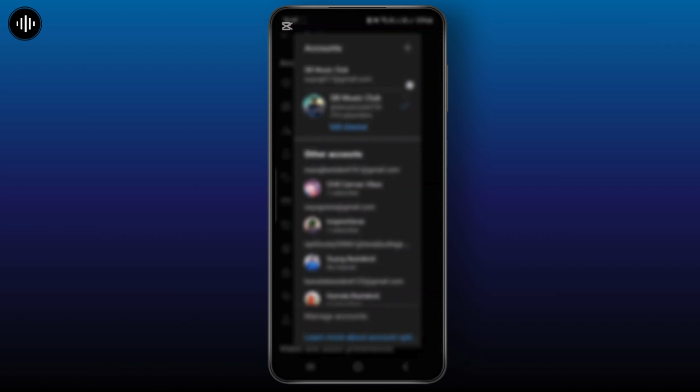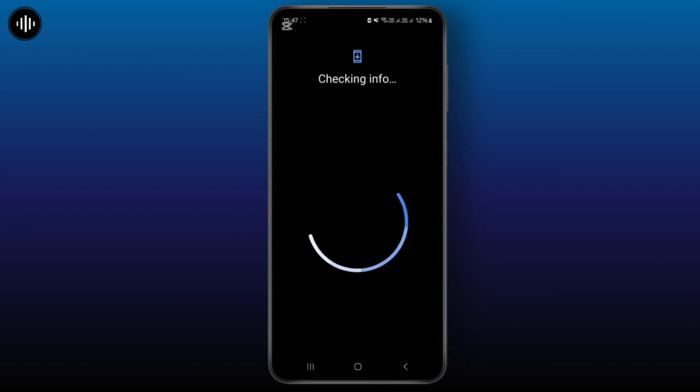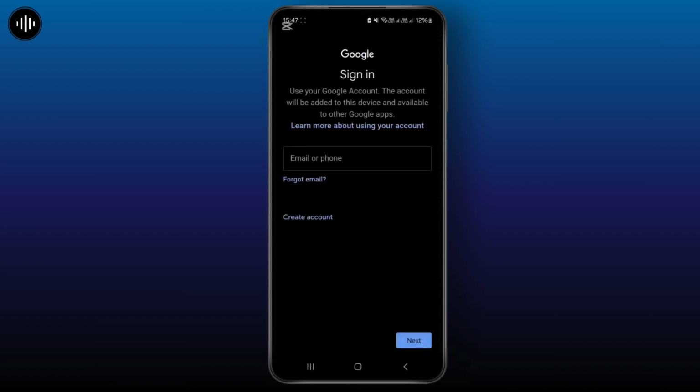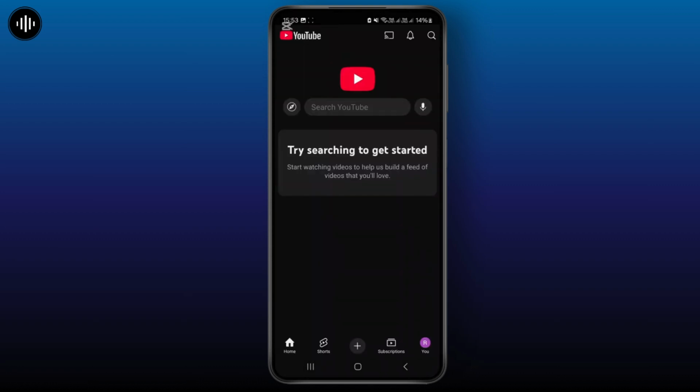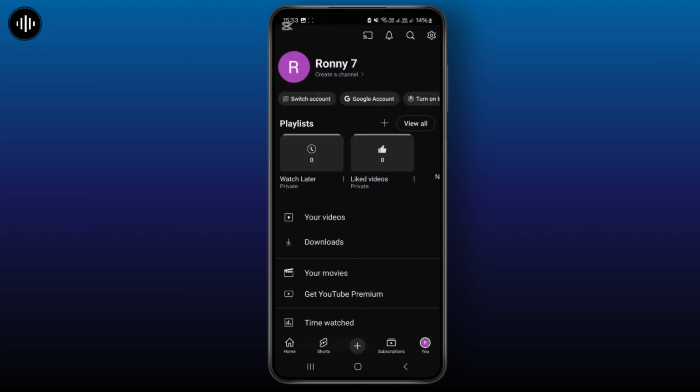top right corner there's a plus icon. You can simply add a plus icon, and just make sure that you have an existing Google account before creating a YouTube account, because a Google account is mandatory before you create a YouTube account. And once you log in with your Google account, it will redirect you to this main homepage of YouTube,